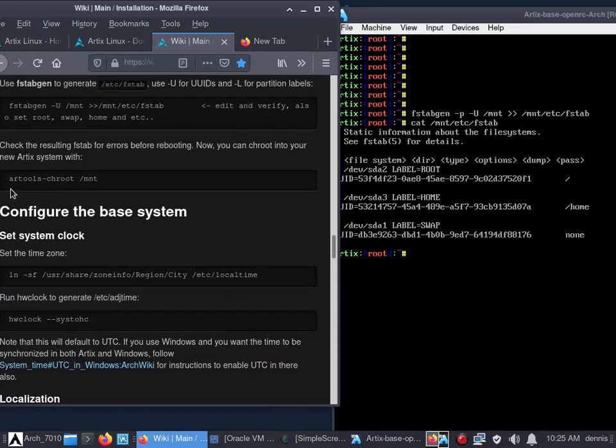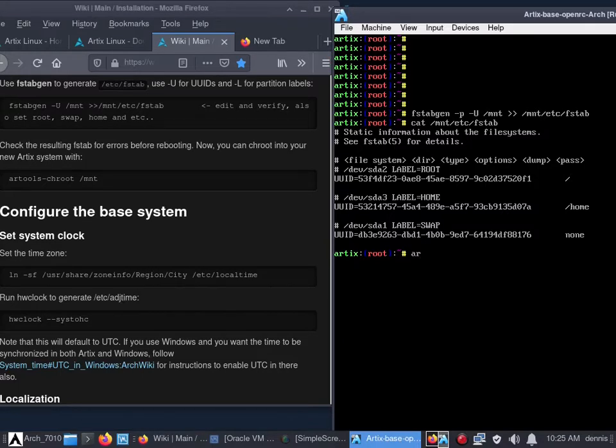The Artix wiki says rtools-chroot, mount. So rtools-chroot base /mnt. Our prompt changed dramatically. Okay, just like in the Artix wiki, we need to set our time zone, so that